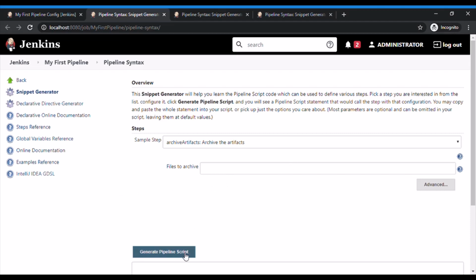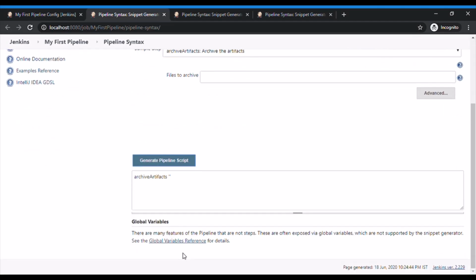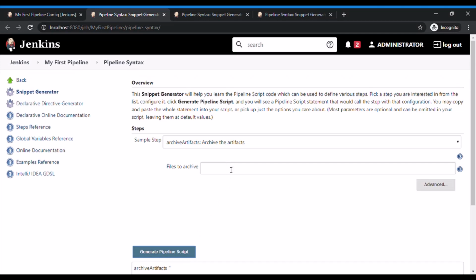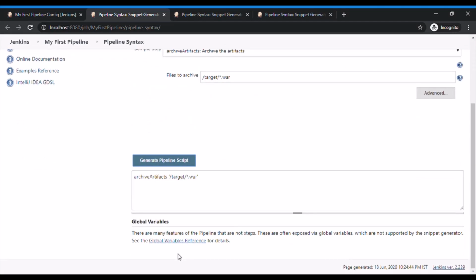This will redirect you to the snippet generator. Just select what kind of script you need to generate. So in this example, I'll be using archive artifact. So I'll provide the path that I need to archive, that is target/*.war, and just click on generate pipeline script. So you can see this will generate a script. You can directly use this script and copy paste it in your pipeline step.